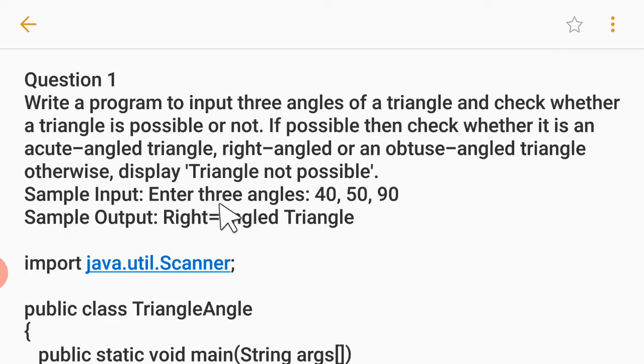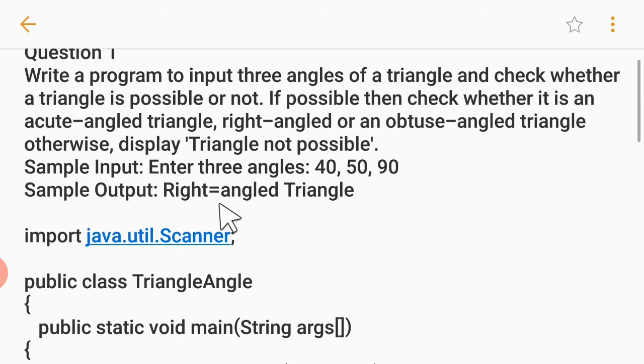So students, whenever we need to perform input through the keyboard, we need a class Scanner, and Scanner is available inside the package util. So to include this package or make this package available to our program, we write the very first statement in our program, that is import java.util.Scanner; And remember students, Scanner is a class and its first alphabet S is capital. Students make mistakes while writing Scanner, so always take care of this thing.